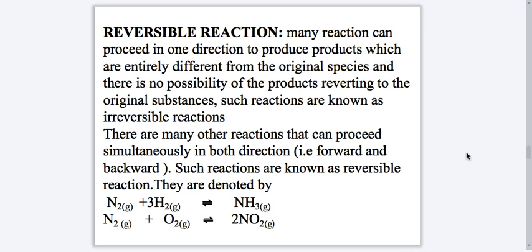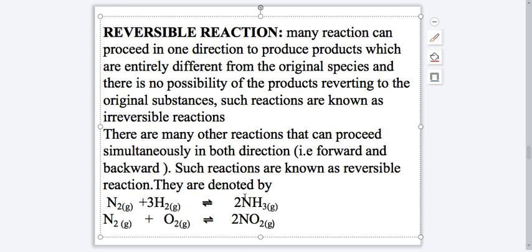We have two examples here. Nitrogen gas, N2, combined with 3 moles of hydrogen gas to give 2 moles of ammonia. Again, N2 plus 3H2 to give us 2 moles of ammonia gas. 1 mole of nitrogen gas combined with 3 moles of hydrogen gas to give us 2 moles of ammonia gas. We can see that the reaction here proceeds from reactant to product and can also reverse back from product